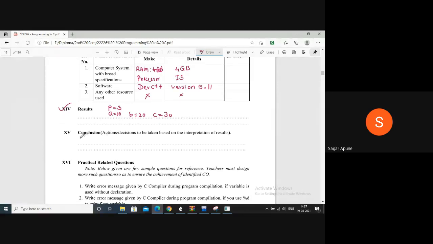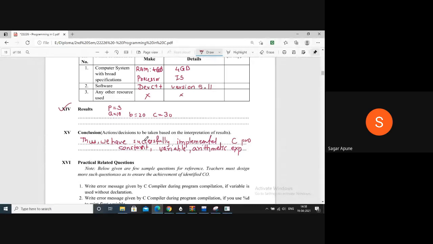And here the conclusion is, thus we have successfully implemented a C program that contains constant, variable, and arithmetic expression. This is the name of our first practical. So you have to write down, thus we have successfully implemented, before that.